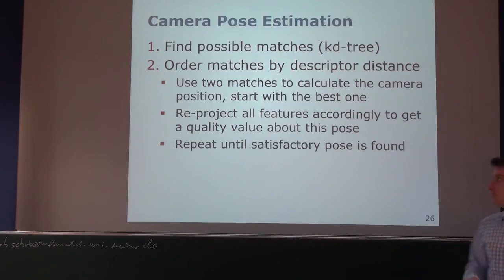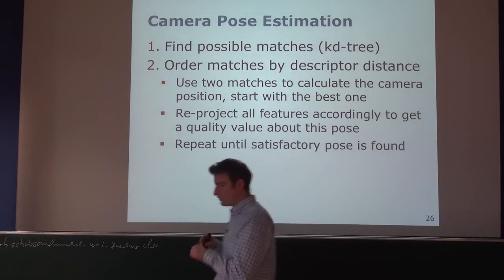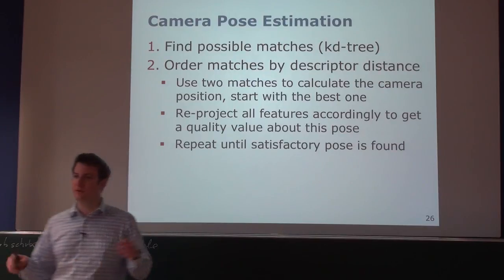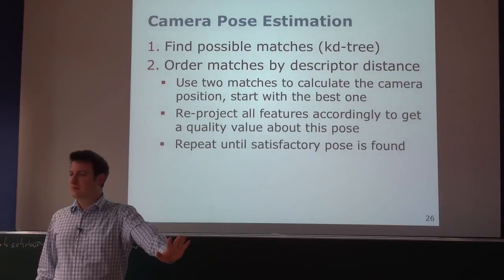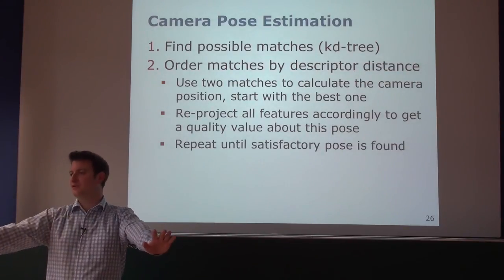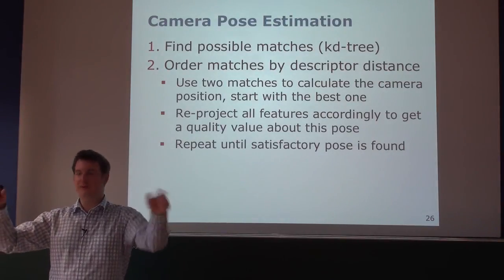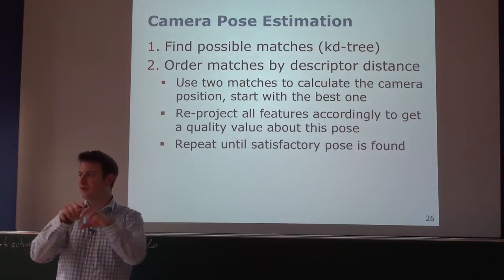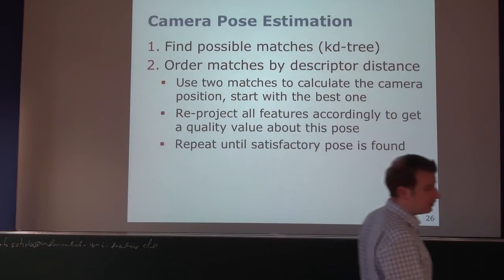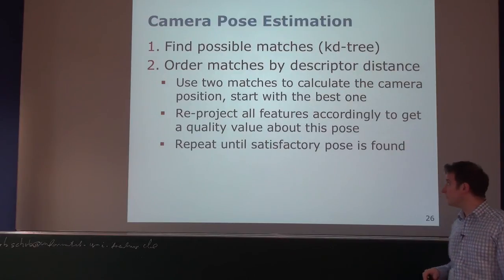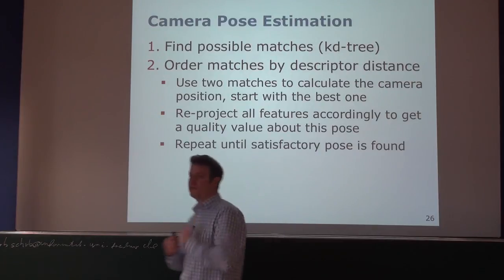Okay, we said we need 2 matches in order to compute the transformation between the camera poses. So we have one set of features recorded at time T1 and one set of features computed at time T2. So we need the 3D coordinates of 2 features in each image, so 2 corresponding pairs, in order to estimate where the cameras are, under the assumption that I have the IMU so that the roll and the pitch angle are given. So what we do is we take those matches and we simply sort those matches according